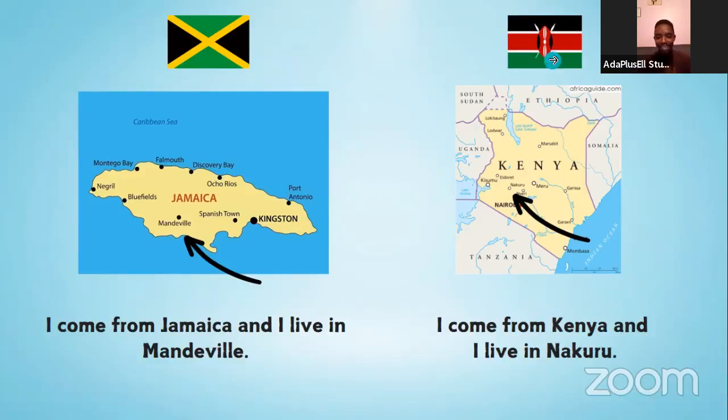And here we have the flag of Kenya. This is the flag of my country. The color of the flag has black. I'll give you more information about it because I'm Kenyan. It's black because it represents that we are black. And then it has white, which means that we are peaceful. And then it has red, showing that the people of Kenya fought to get independence, the blood that was shed when people were fighting to get the independence. And we have green, which shows the vegetation around Kenya.